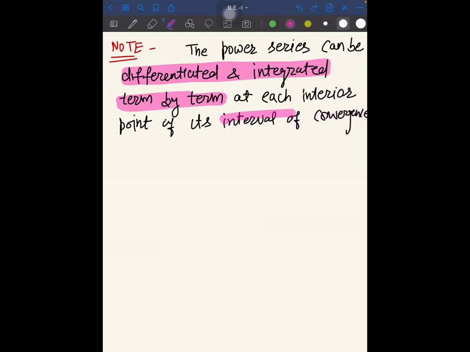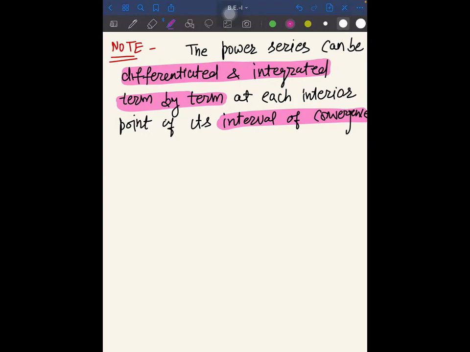So we'll do two questions on the basis of this. All I want to say is that if you have a power series, you have a sum of this, you can differentiate or integrate on both sides. You will do it term by term. But this is not possible for every series. This is only possible when we are working with the power series. This may not be true for any other series. So how are we going to do it? That's what I'm going to explain.